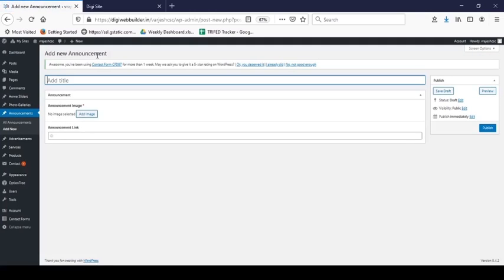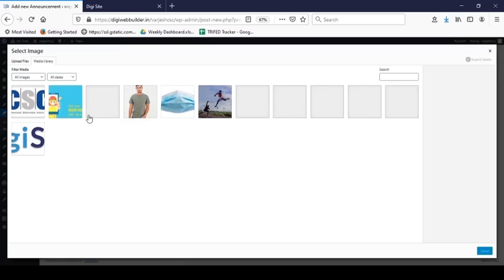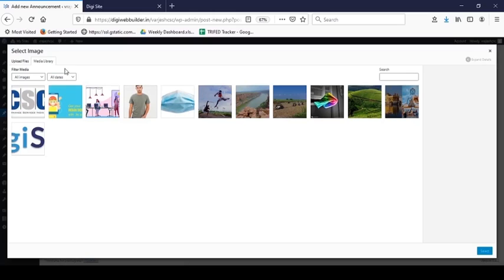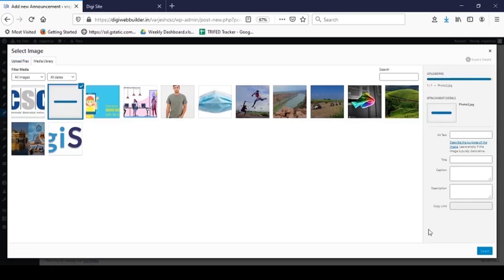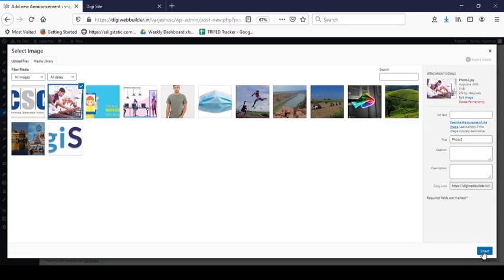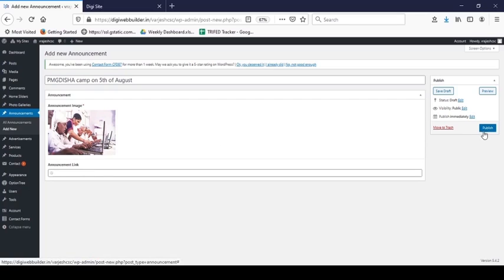Add title of your announcement, like PMJ Disha Camp on 5th of August. Add image for your announcement. Click on Select and Publish.